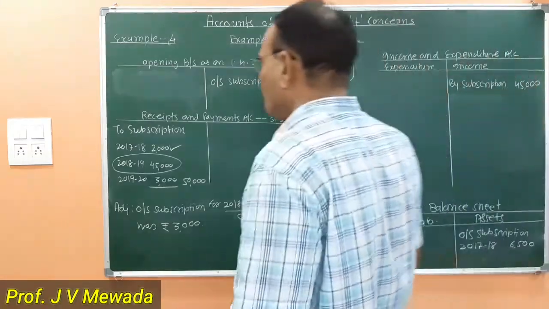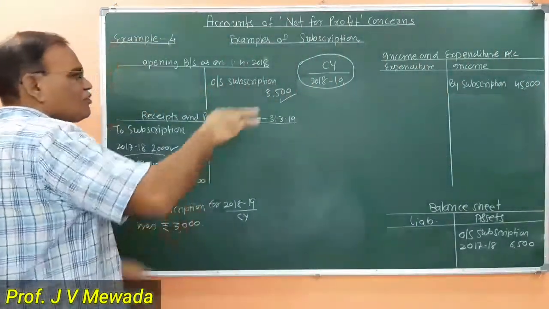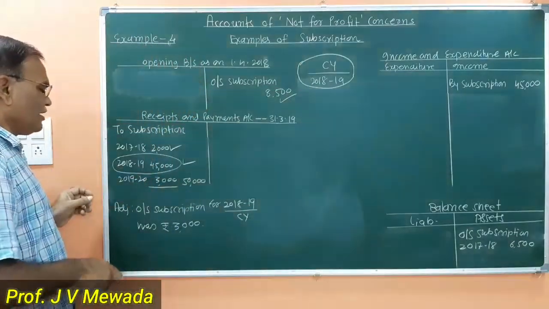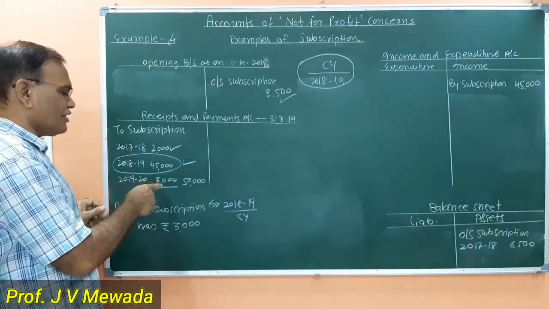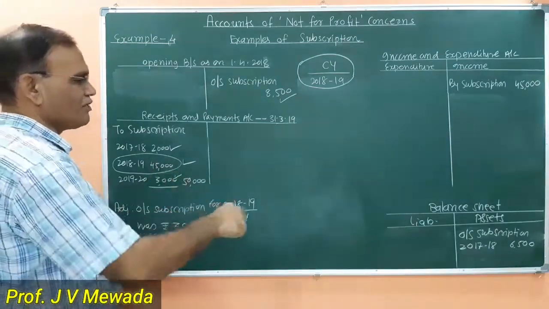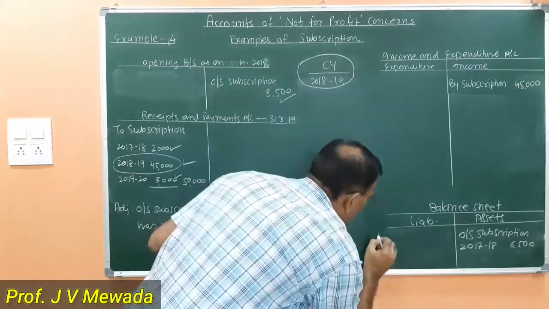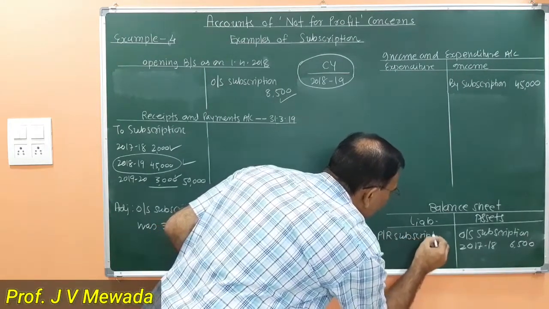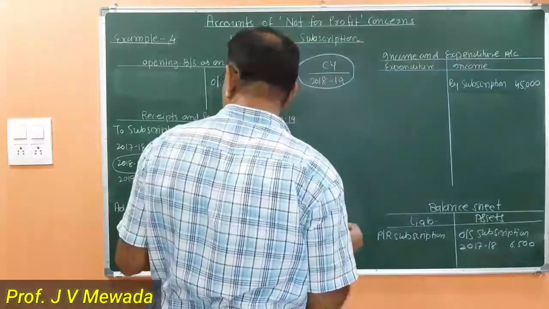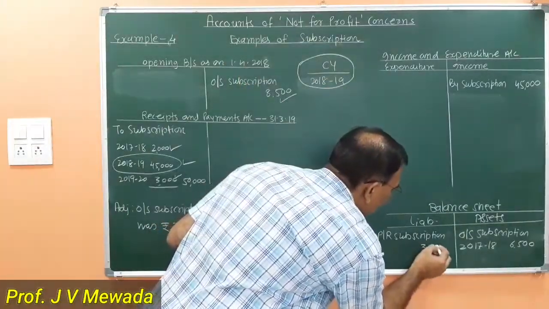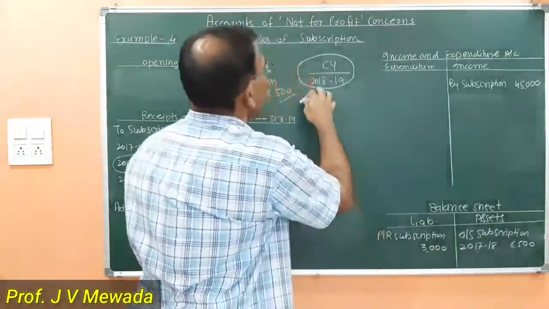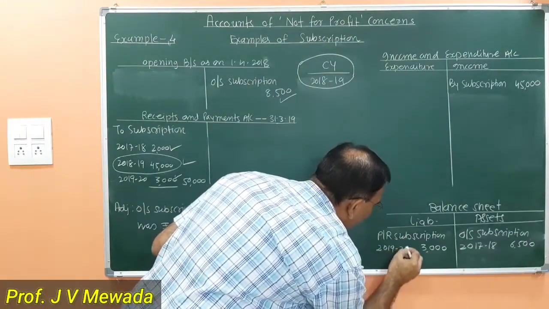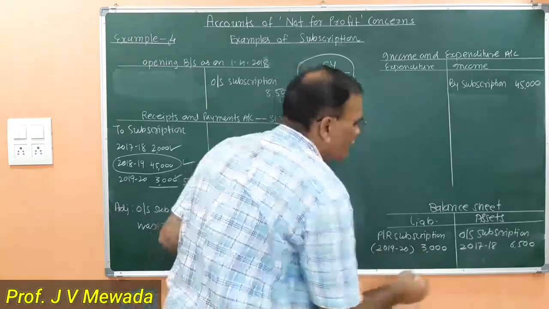Okay, so that figure also we are writing, and we are not supposed to write the full formula because we are given separate subscriptions. 2019-20 का हमको 3,000 मिला, यानी कि हमको एडवांस में मिला, तो इधर लिखेंगे प्री रिसीव्ड सब्सक्रिप्शन. व्हाट इज द अमाउंट? 3,000. प्री रिसीव्ड सब्सक्रिप्शन 3,000. कौन से ईयर के लिए? 2019-20 के लिए. दिस इज फॉर 2019-20. ओके,